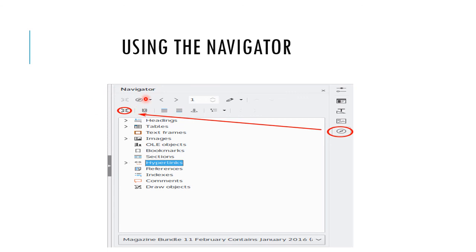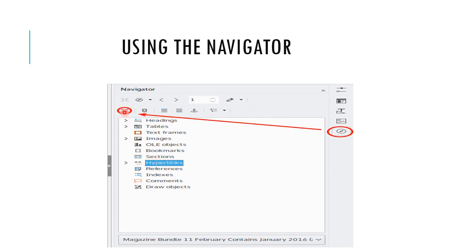Then how do you open the navigator? First, click the navigator tab in the tab bar on the right side of the sidebar. Here, first step, you just click the navigator tab. Then second point, click the navigator icon on the standard toolbar.